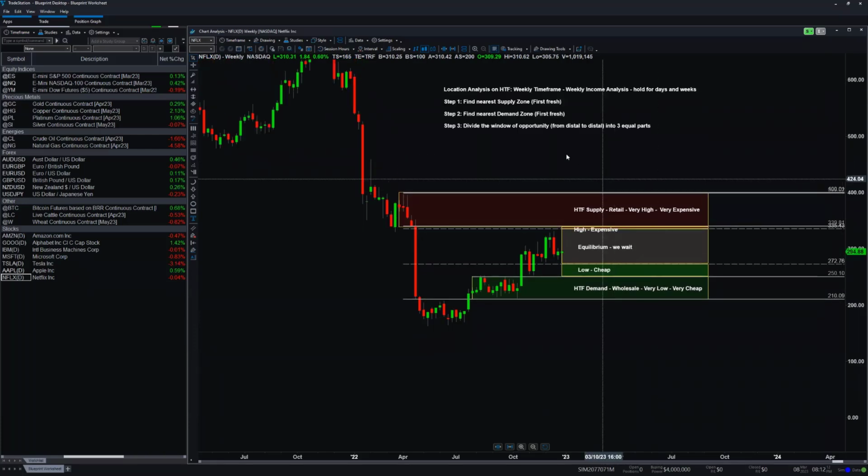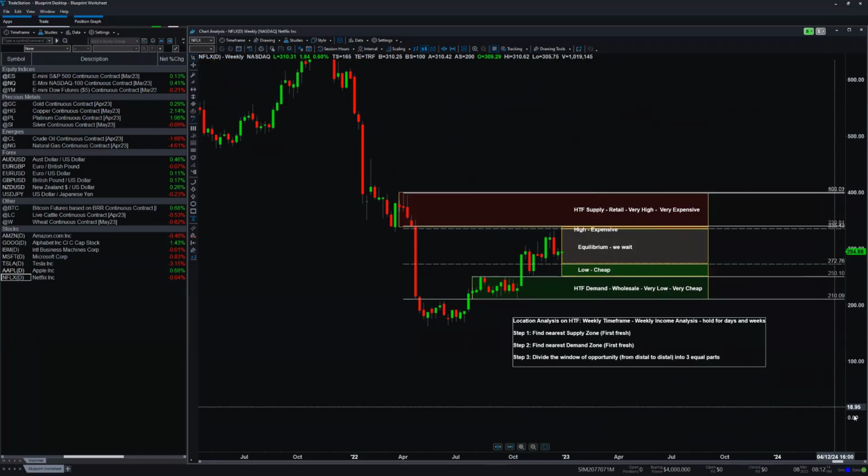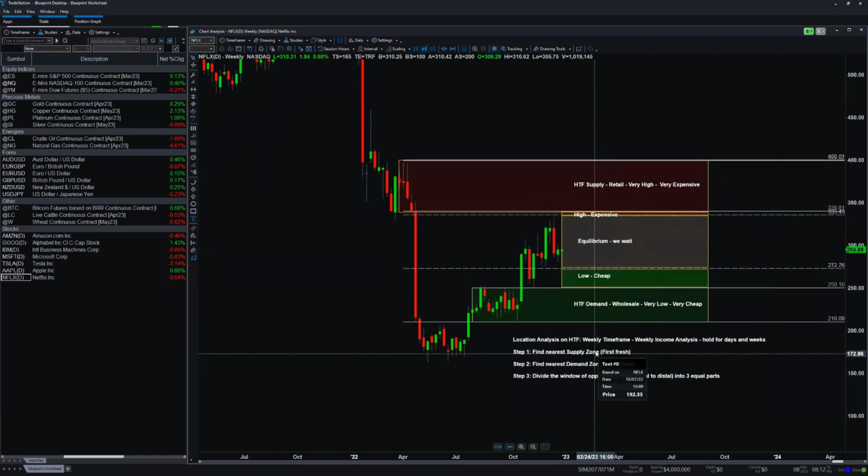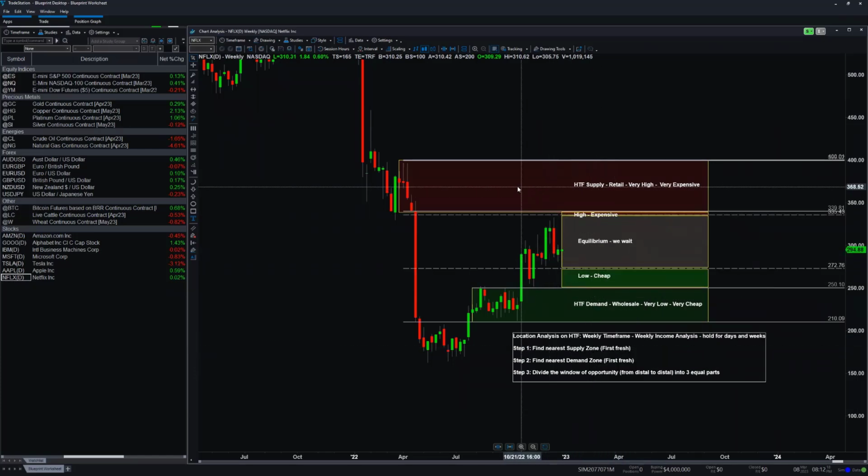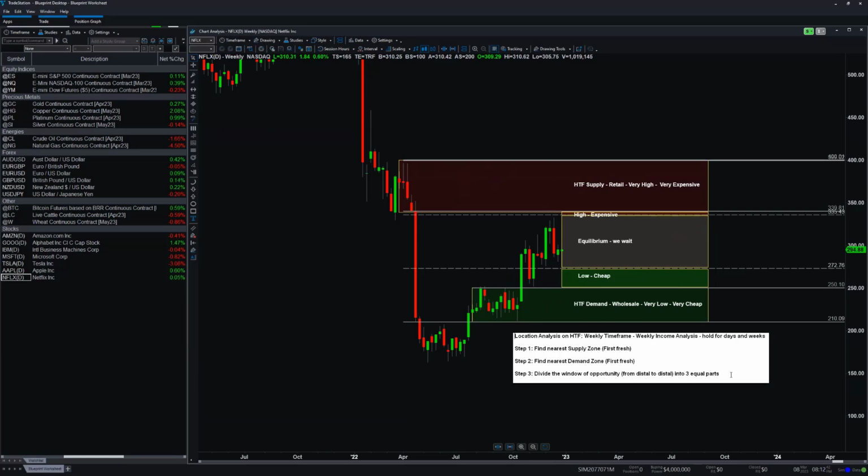And in this case, what we can say is that our supply and demand zones, they are definitely the first ones because they're the first ones that we found. But are they also fresh? Well, so far, they are still fresh because price has not tested the zone on the preferred version. Okay, so